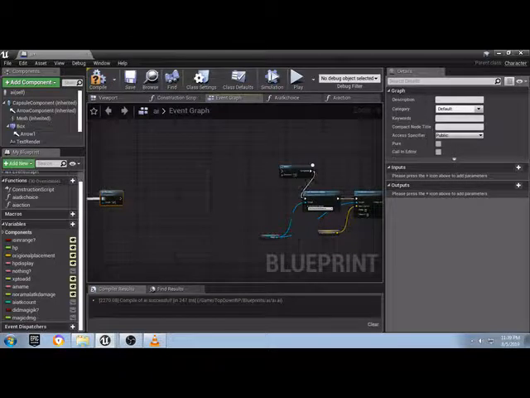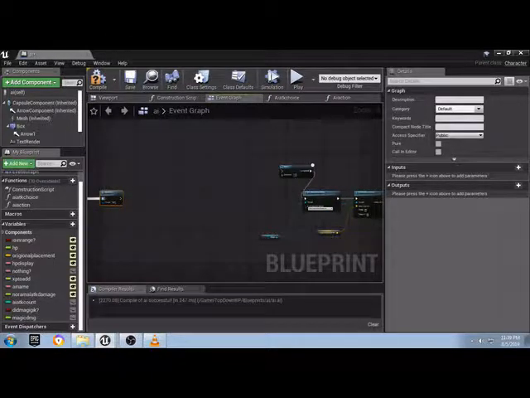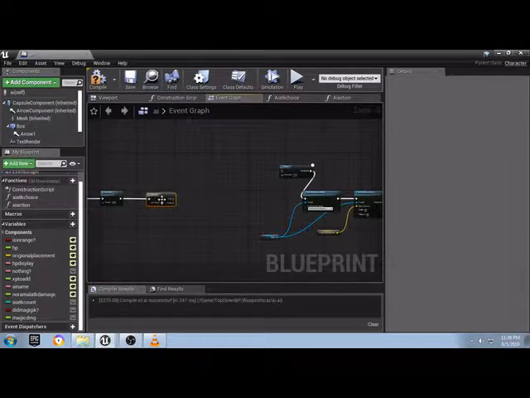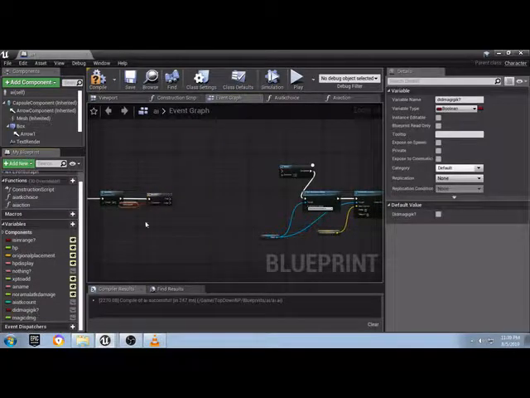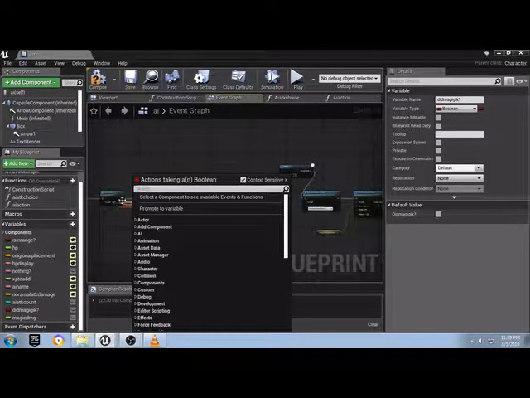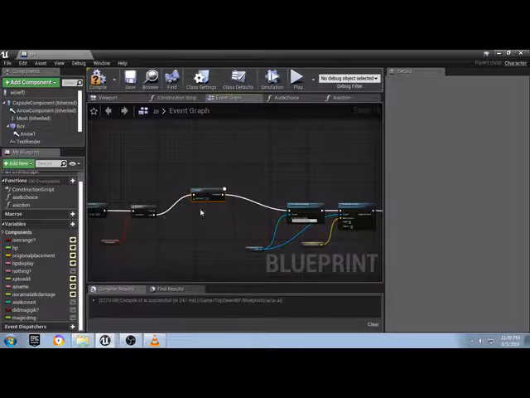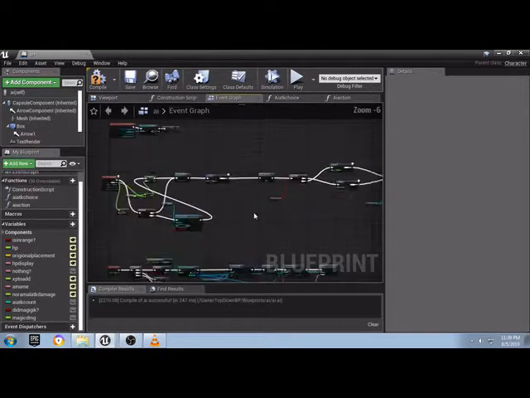And then we're going to run a branch, the condition being did we do magic or not. And if we didn't do magic, we're going to run our normal delay. And if we did do magic, we're going to run a 3-second delay so that the particle system has time to play. Alright, and that is